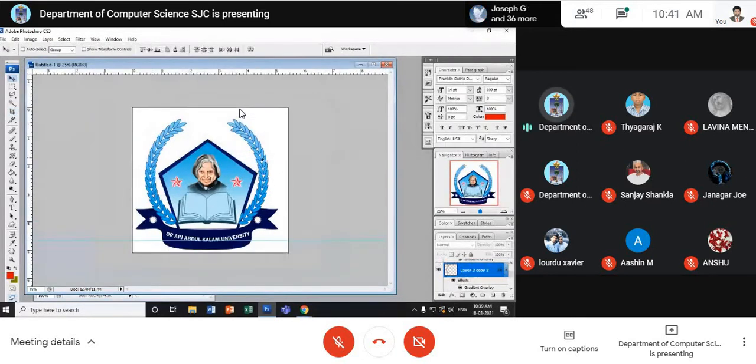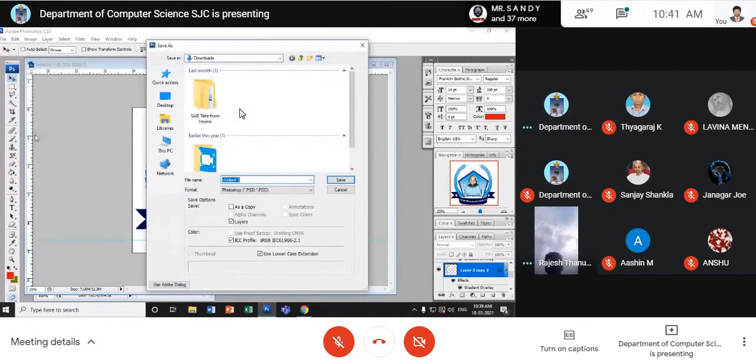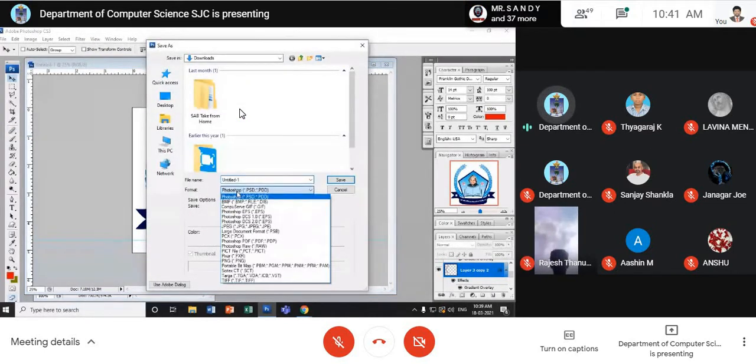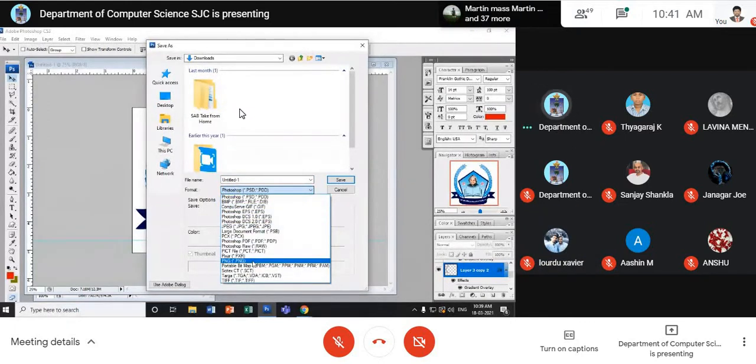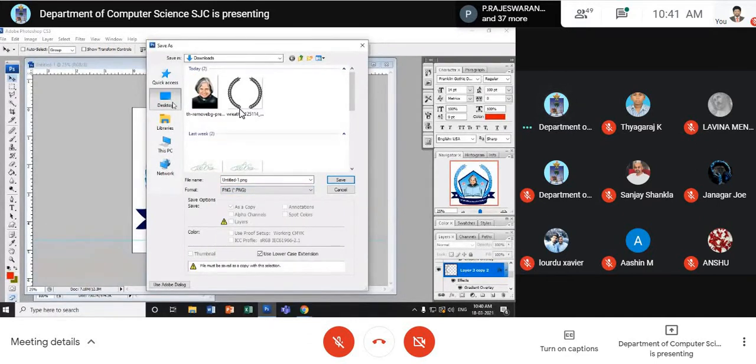So it should be saved as a PSD file, or a TIFF or PNG file. You can take this as usual. For example, right click the file, save as, Photoshop and PNG. Look here. You can make it a PNG or TIFF file. I'll show you both. So I just make it a PNG file.